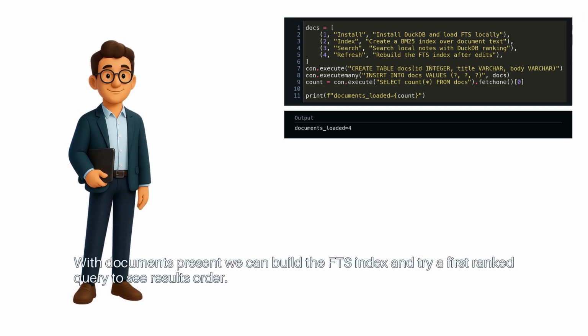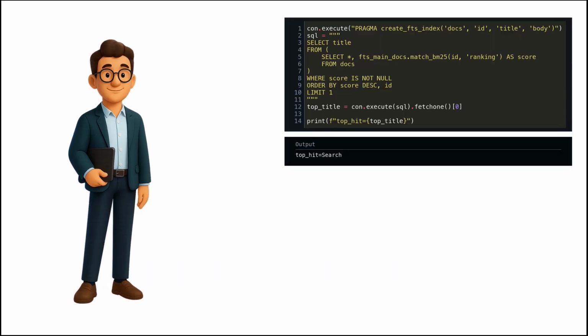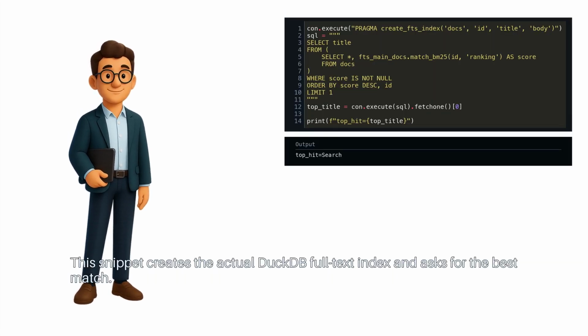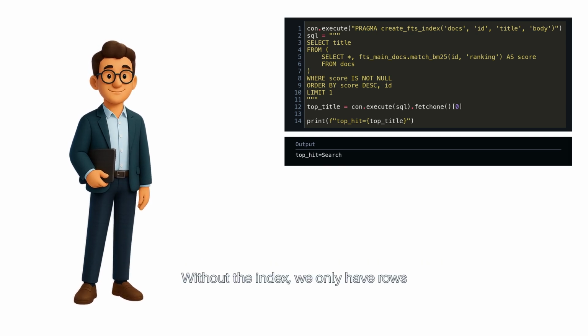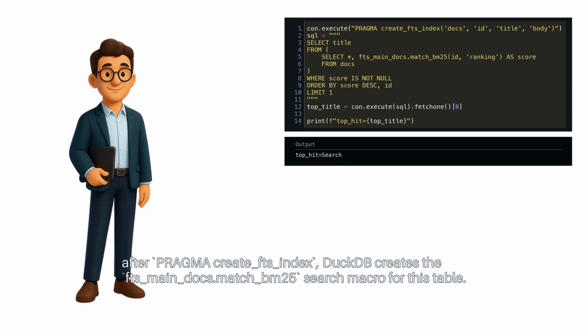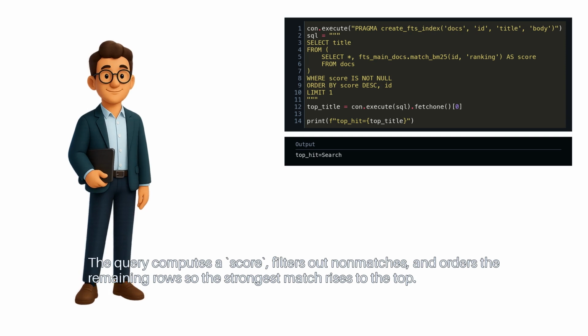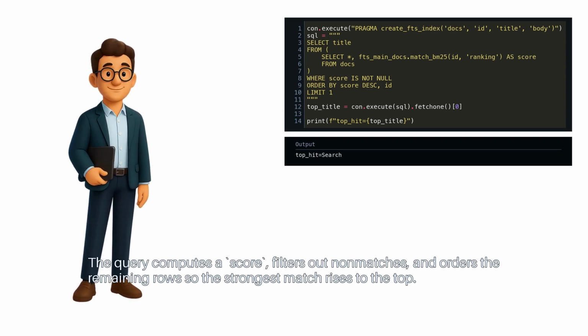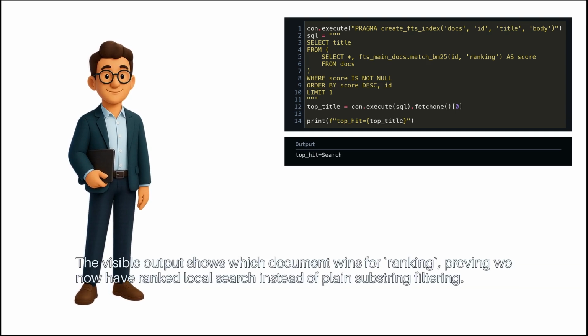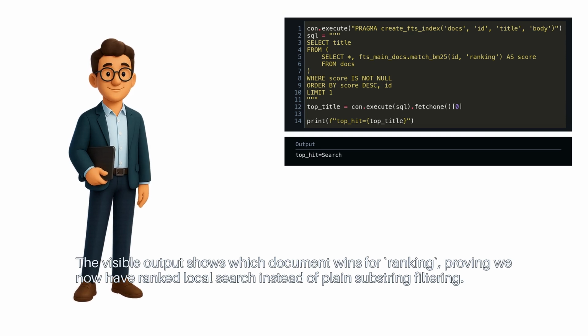With documents present, we can build the FTS index and try a first ranked query to see results order. This snippet creates the actual DuckDB full-text index and asks for the best match. Without the index, we only have rows. After PRAGMA create_fts_index, DuckDB creates the fts_main_docs.match_bm25 search macro for this table. The query computes a score, filters out non-matches, and orders the remaining rows so the strongest match rises to the top. The visible output shows which document wins for ranking, proving we now have ranked local search instead of plain